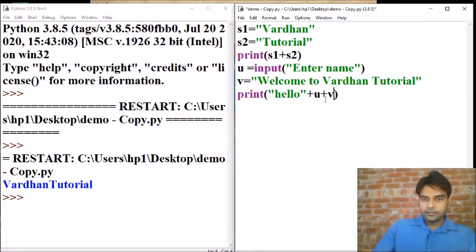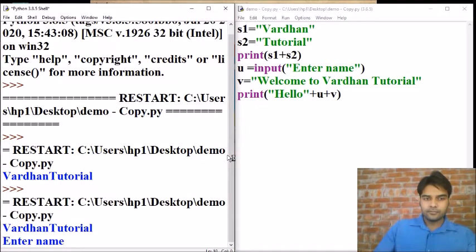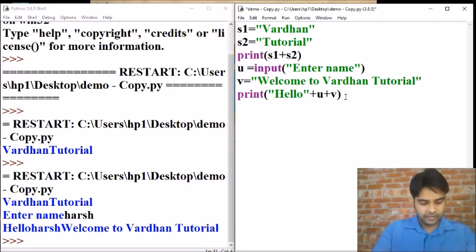Hello, you, enter name, then welcome to Vardhan tutorial. Run. Enter name: Harsh. Hello Harsh, welcome to Vardhan tutorial. So in this manner, a string is appended using addition, or we can say concatenation of two strings.